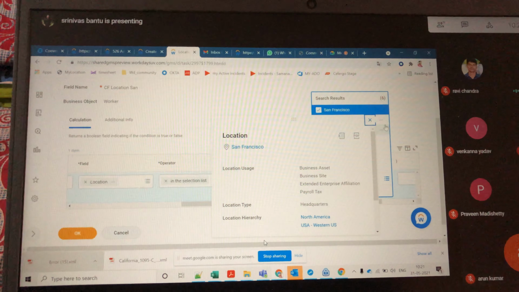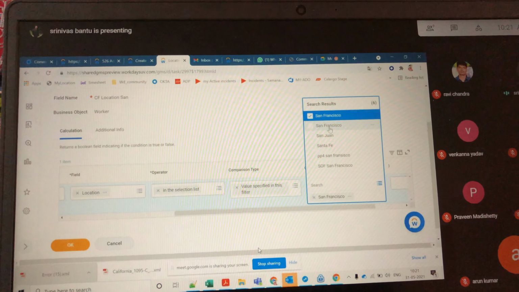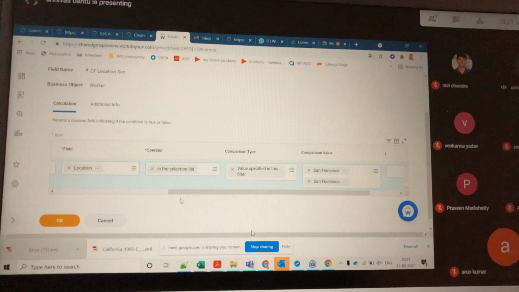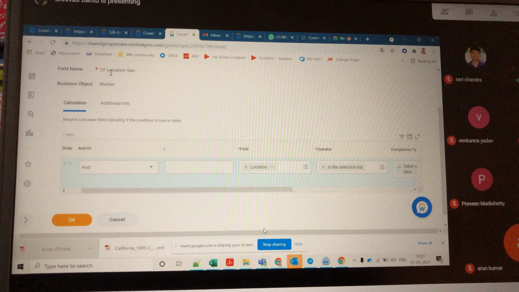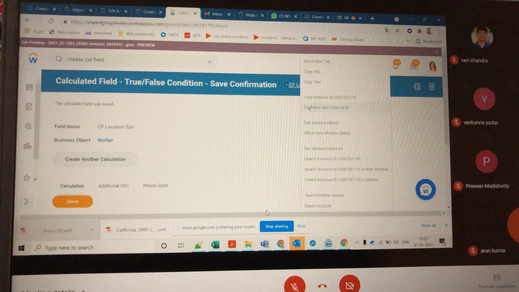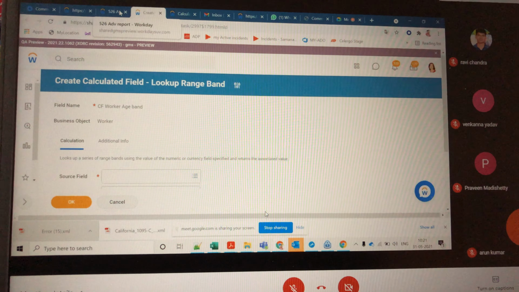Business asset. So I'm going to check out these many options. I want to pull the employees of San Francisco, and I can pull different types of locations here. If I'm using this field at the filter level, this is my field, and I just wanted to use it in my report,